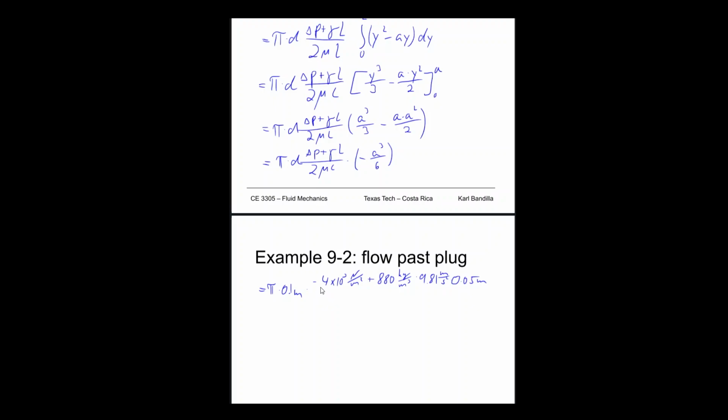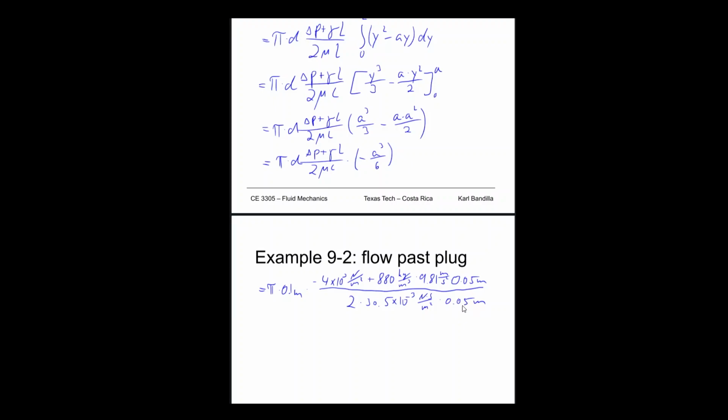And all that divided by 2 times 30.5 times 10 to the minus 3 Newton seconds per meter squared, right? That's our viscosity. And then we multiply by L again. No, the L is going to be the 50 millimeters, right? So 0.05